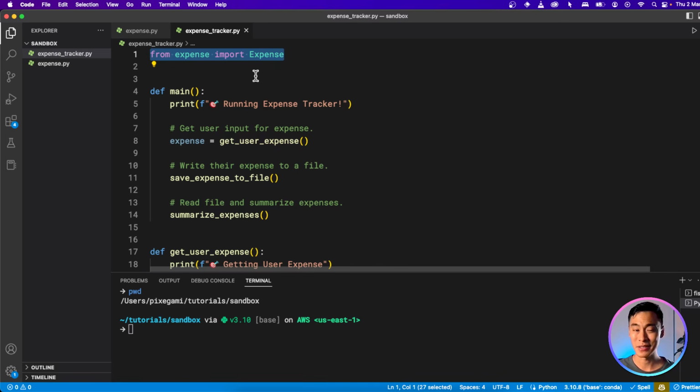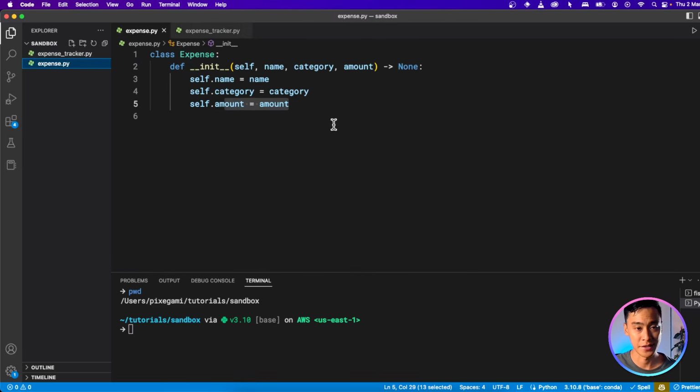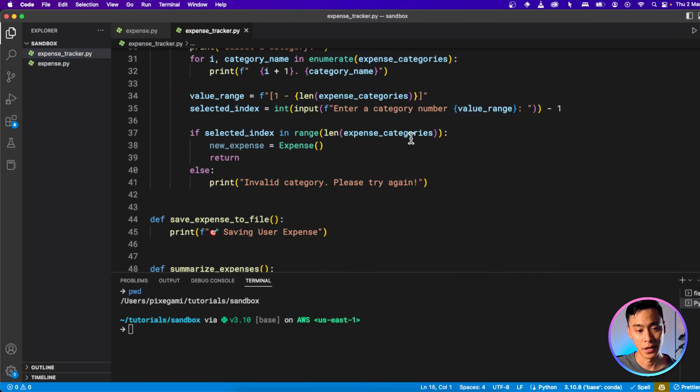When I was a beginner at Python, I made a ton of mistakes where I put the file in the slightly wrong folder, or I'm running the interpreter from a different folder and my imports would just break. So to solve that, you need to look at your project topology, which is the structure of where the files are in relation to each other. And you'll probably discover maybe there's a disconnect somewhere, or maybe a file's in the wrong place and you have to fix that. So with this import statement, this expense class that we've created right at the start is now available in this file. And we're going to use it here.